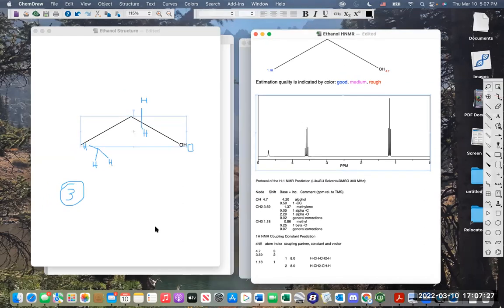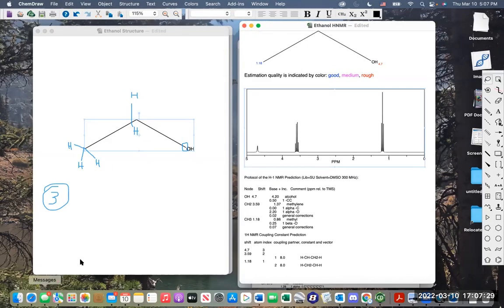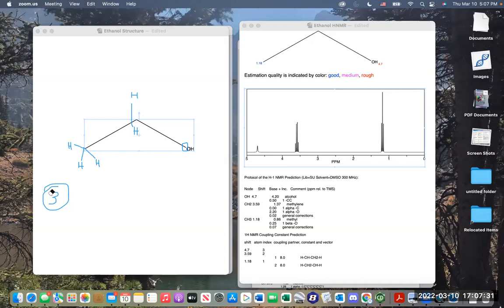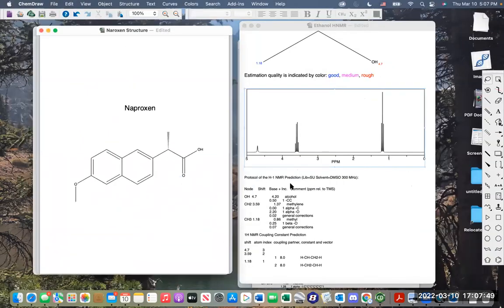So we'll go ahead and make it a little bit more challenging and move on to both a more complicated compound and a more complicated spectrum. So just give me a second here to erase, and then we'll go right ahead to a compound called naproxen. Okay, so naproxen